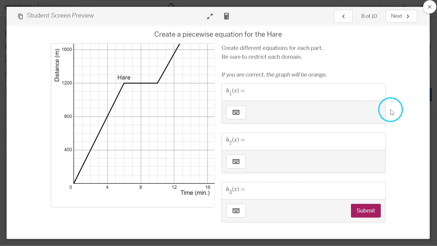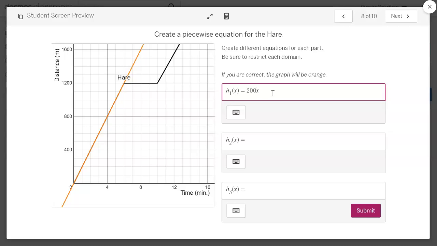Let me just show you the first one to show you how cool this is. So it appears the slope for our first piece here is going to be 200, because if you go right 1, it's going up 2 marks, which would be 200. So if you put 200x in the blank, it's going to graph it in orange, but you see how the